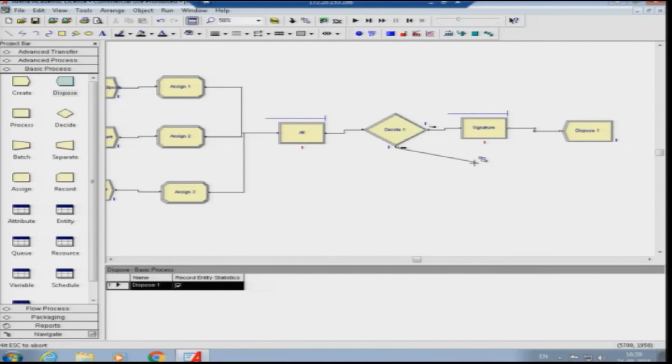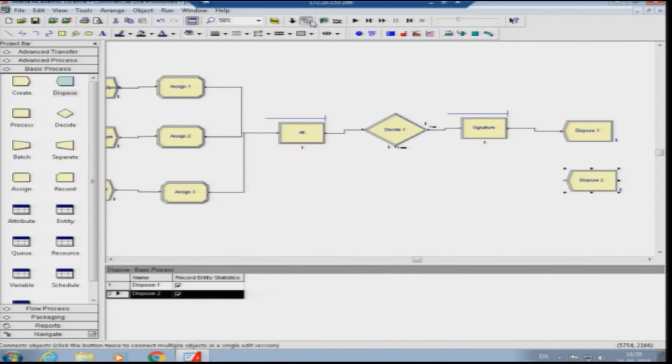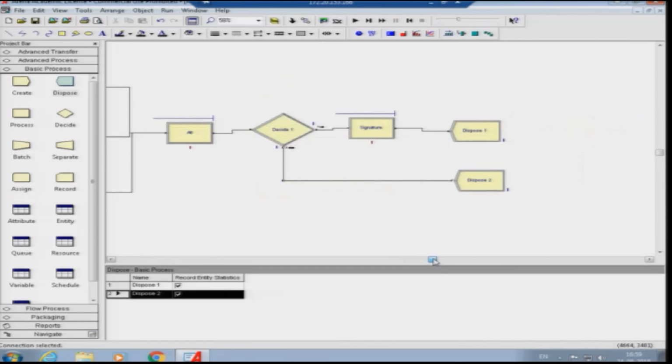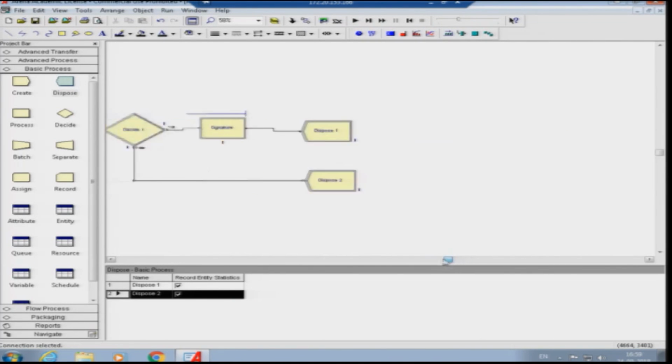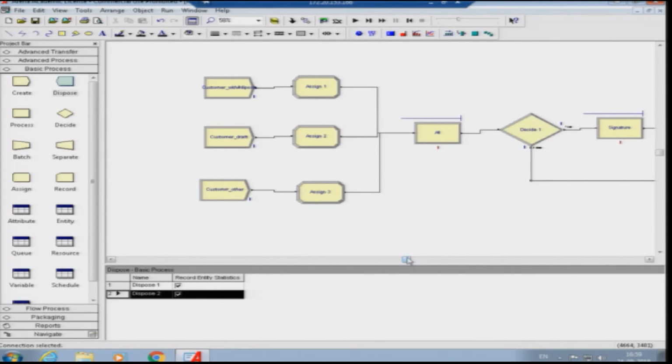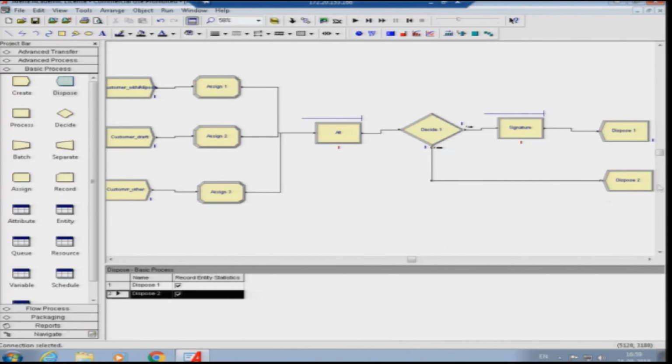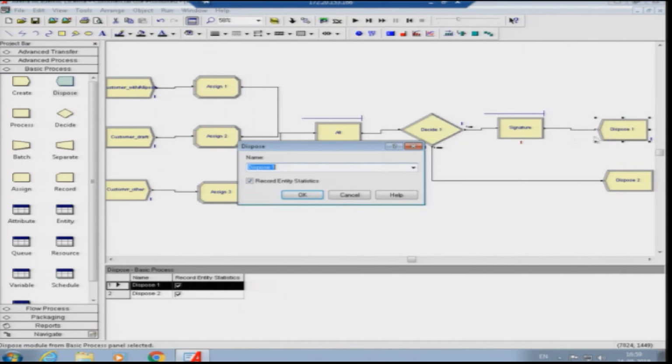So we can put a separate dispose node for the other cases as well. We can make the dispose node the same as well. That does not make any difference in the output; making it separate is only to make the model clearer, so that others are going away and these arrows are more clearly visible. I am just making this disposal node different, but it can be made the same disposal node as well. This is just an exit node.